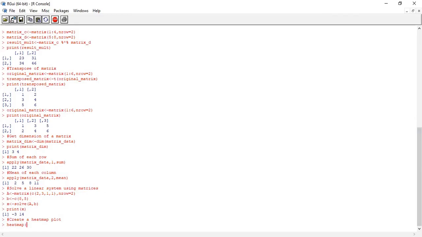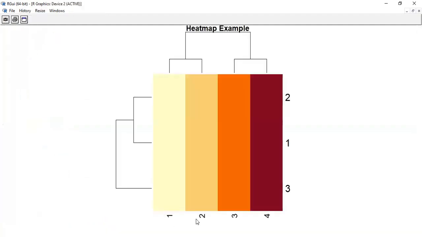We have matrix data, and we just set main equal to heat map example. You can see this is our variable, the variable of X and the variable of Y. So this shows you how